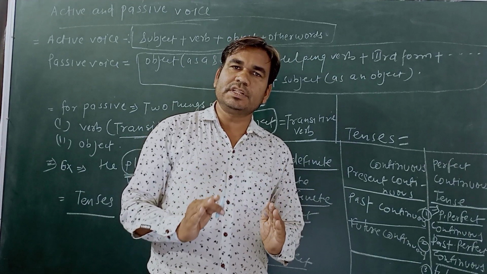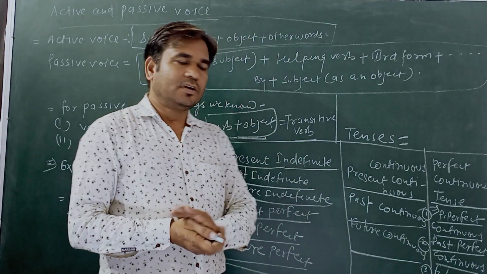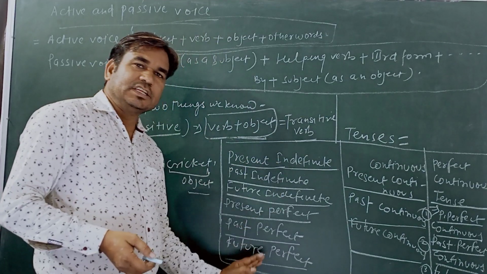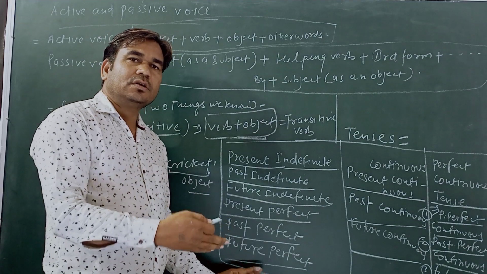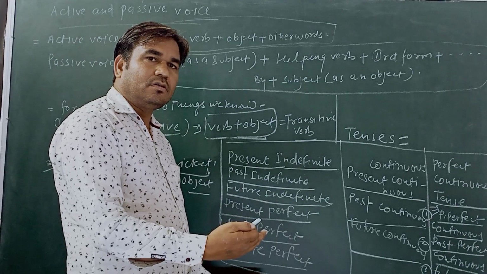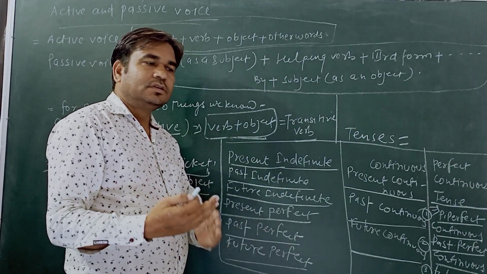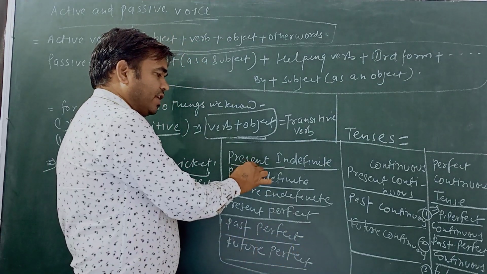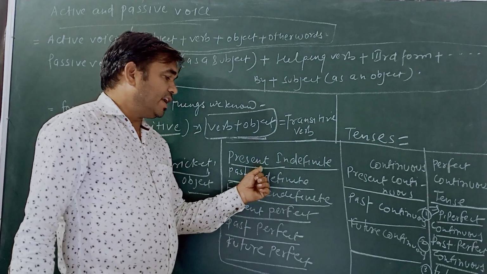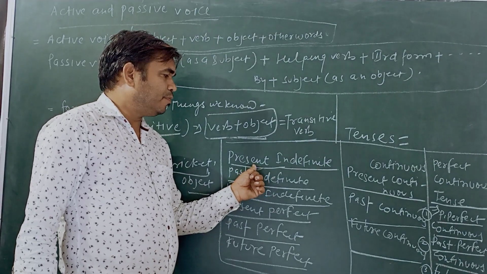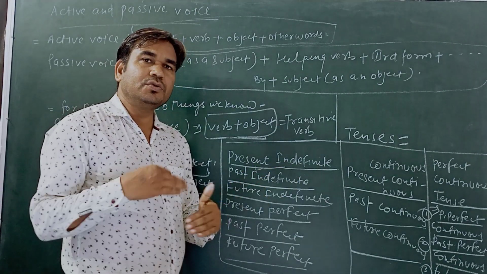So students, one thing you should know: when you want to convert active voice into passive voice, you should take only the verb of the next sentence given. It means when the active voice given is present indefinite, so you have